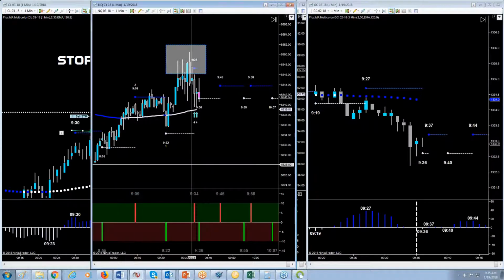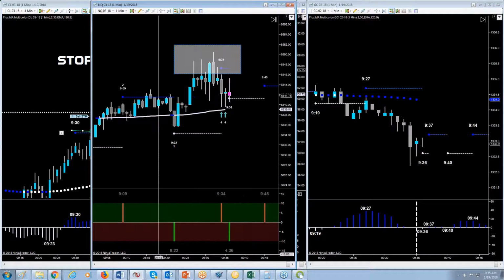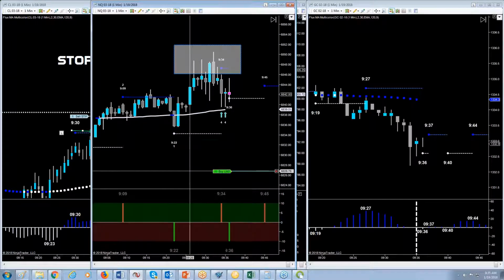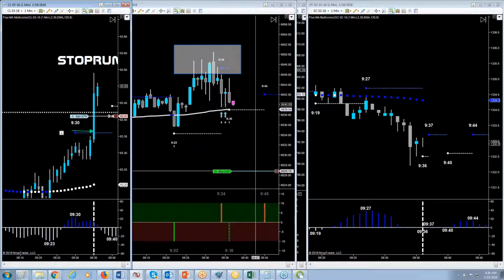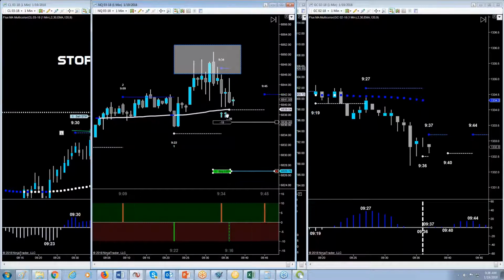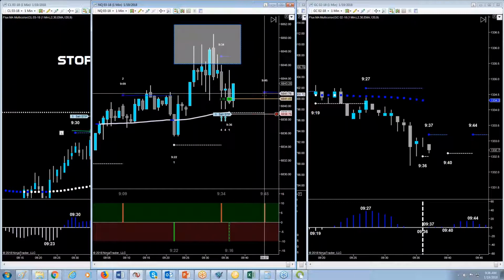15 seconds till a potential trend entry on the NQ. I'll prepare my order here. Very low risk entry on the NQ. Right here, stop below the line. And I'm going to be ultra aggressive with this one. If I can get 2 points, I'm going to finish it. Out.